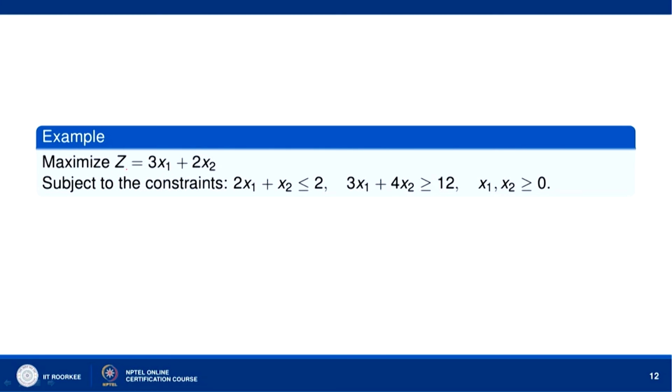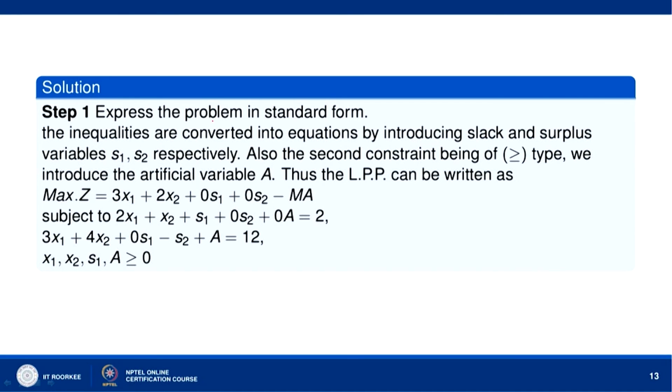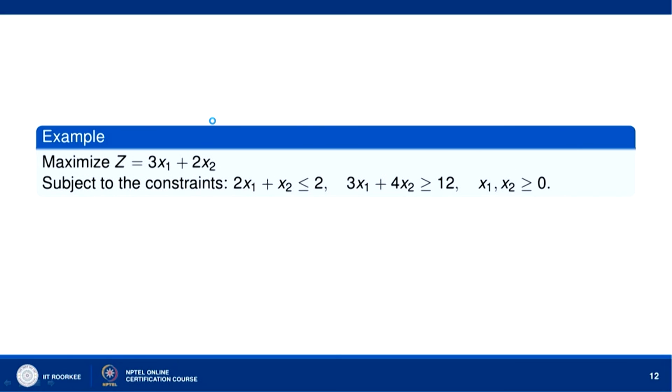Let us take another problem. Maximum value of z equal to 3x1 plus 2x2 subject to the constraints 2x1 plus x2 less than or equal to 2, 3x1 plus 4x2 greater than or equal to 12, x1, x2 greater than or equal to 0. Now, we have to express the problem in the extended form. Since it is already a maximization problem,